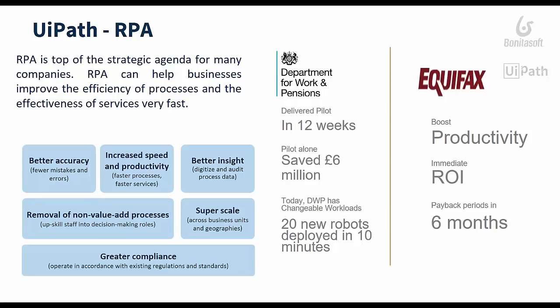And so I think we see this fairly consistently right now, that people start off, they find really, really quick return on investment, and by default, that means they start to utilize the technology to automate many, many processes. One of the interesting things we've seen in the RPA space is that it's not uncommon to then scale out and deploy many new robots to do many different process automation activities because of this massive quick return on investment. Same type of thing associated with companies like Equifax in the US, where ultimately